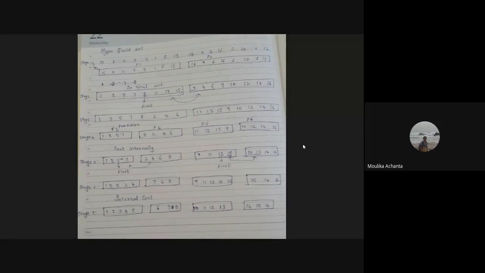Similarly we'll take another sublist. In stage 5, if you see, the first two sublists were compared by taking 5 as the pivot element. In the third and fourth sublists, 9, 11, 13, 15 and 10, 12, 14, 16, 13 is taken as the pivot element and it's exchanged, with 10 and 12 exchanged with 15 in the P3 sublist.